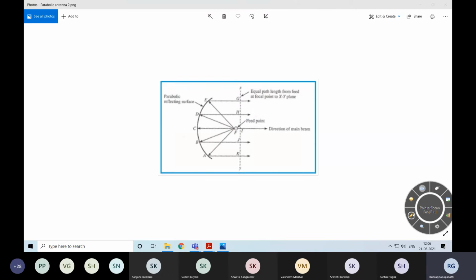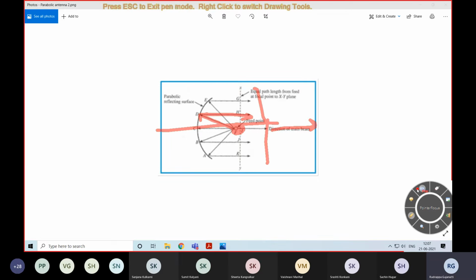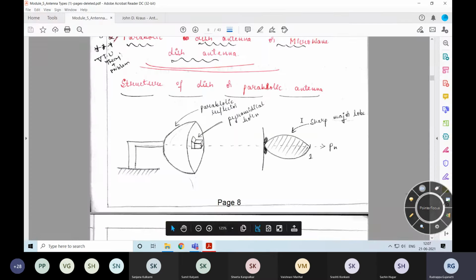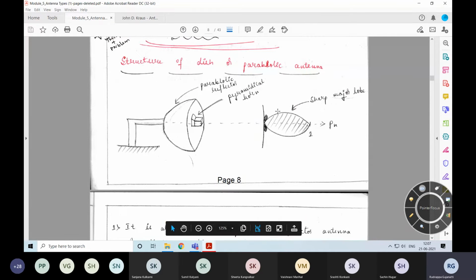Even in some other antennas, we will have a transmitter connected over here, which focuses the waves onto this and projects them in one direction. So the direction of maximum will be along the axis of this concave structure. This is what we have for the parabolic antenna. These are the structures we observe, and we can use different kinds of antennas along with this structure.